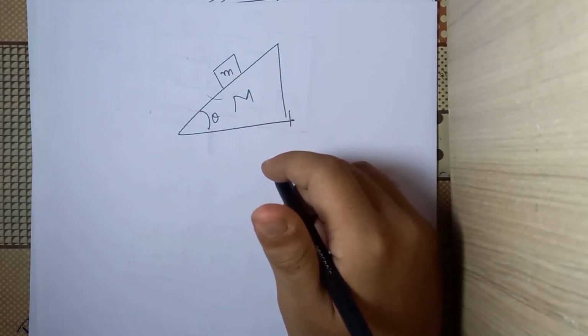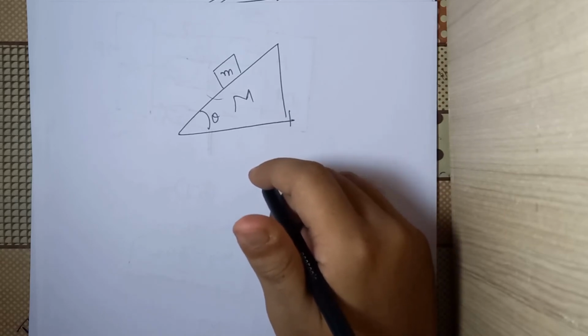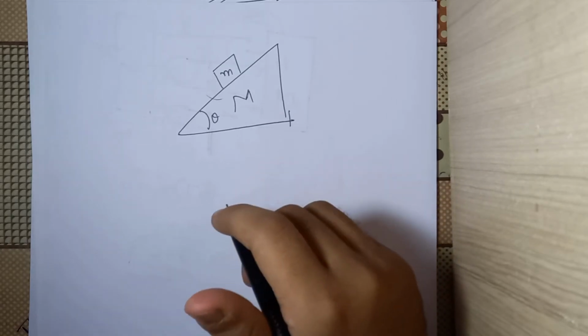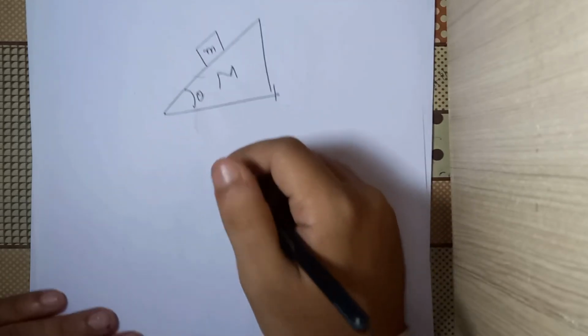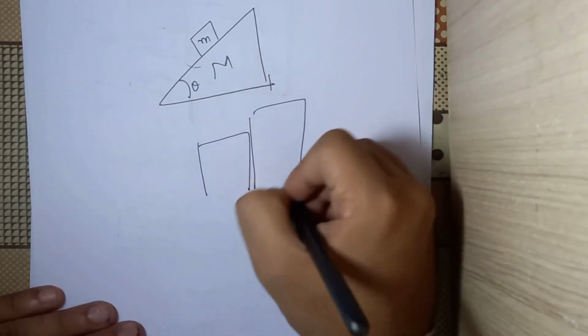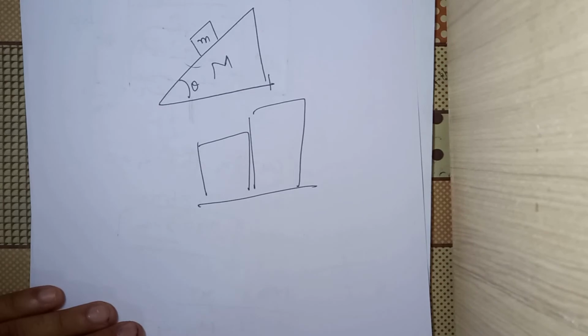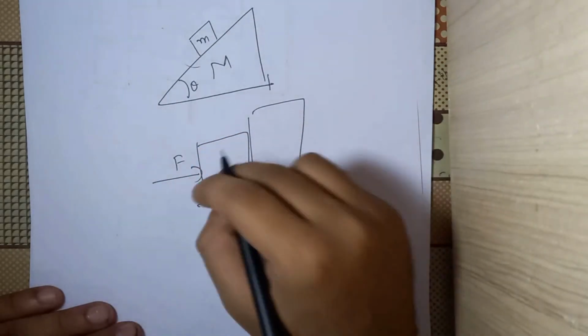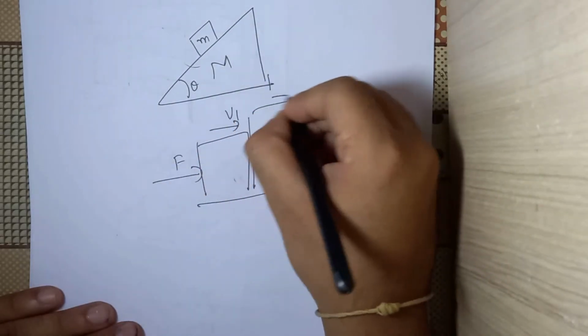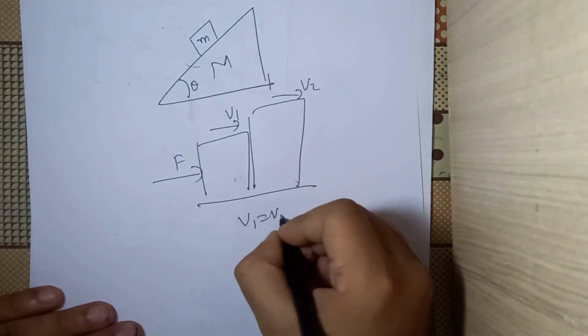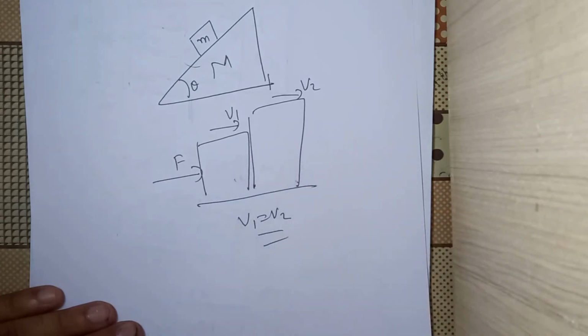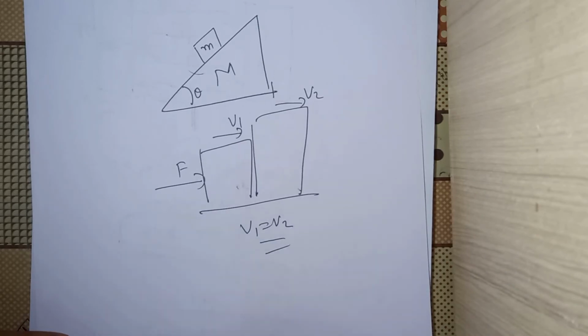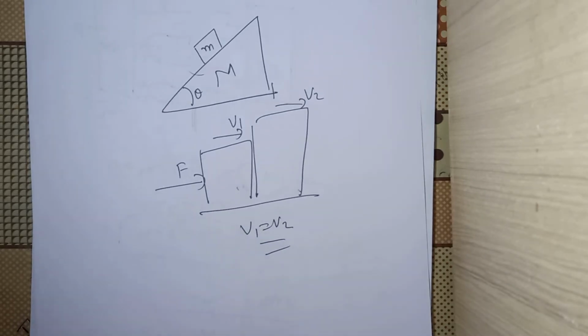We can develop the relations as per the requirement, but a basic wedge constraint is this: if there are two bodies touching each other, and this force F is applied, we have to say that V1 is equal to V2. The velocities of both these blocks have to be equal since they are touching each other. At all instants, if they are touching each other, V1 is equal to V2. This sounds like a very simple relation, but we'll see when it gets complicated.